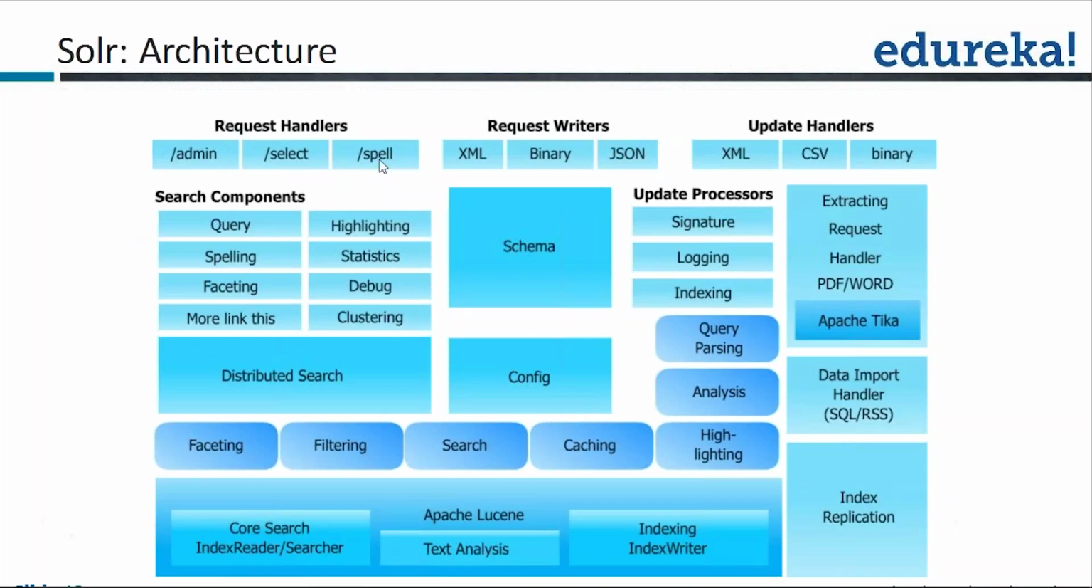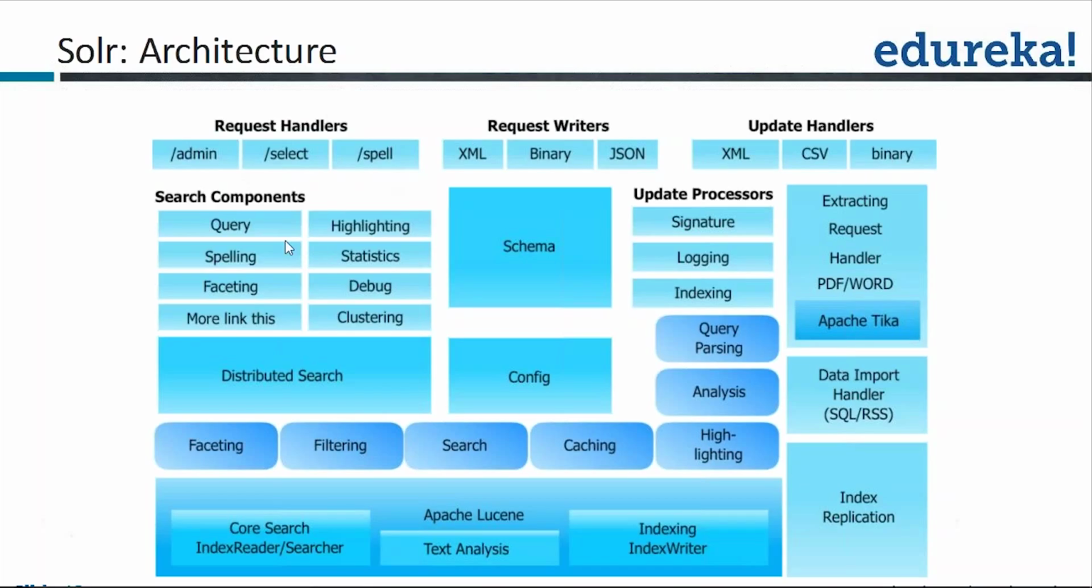So this is how these services are being exposed. The admin console is accessible through /admin, /select, and /spell. This is where my spell checking component has been enabled. The request handler is the component which takes up the request. A request can be sent to localhost:8983, which is the default